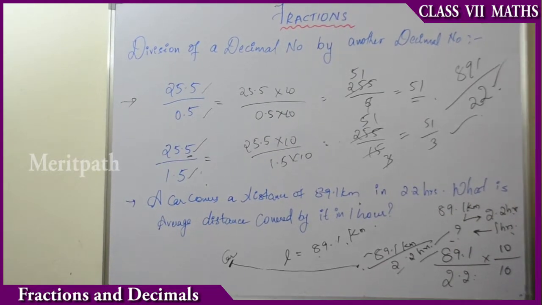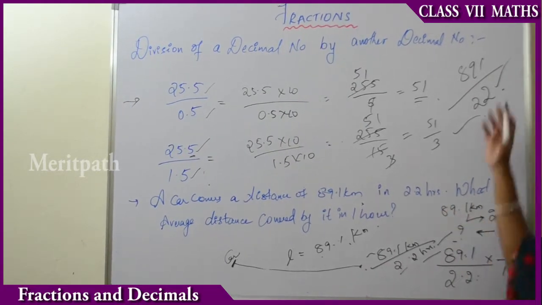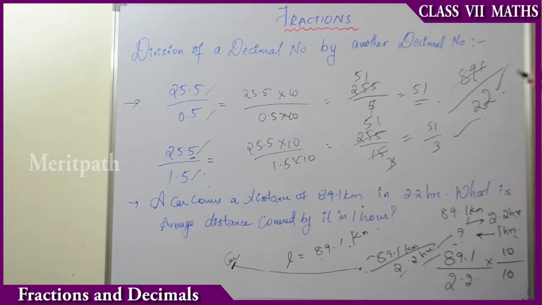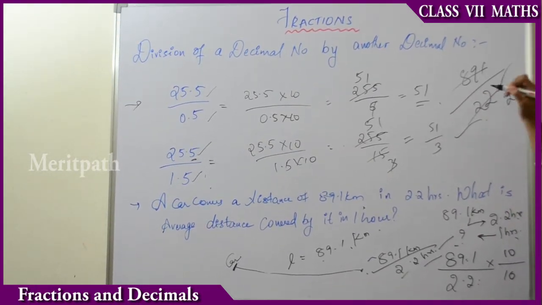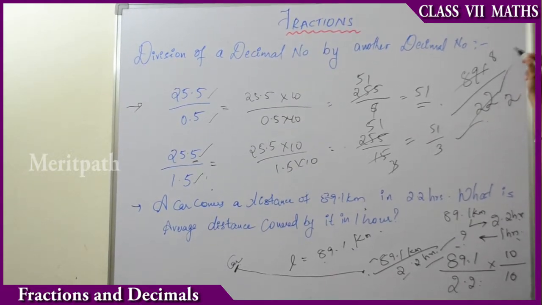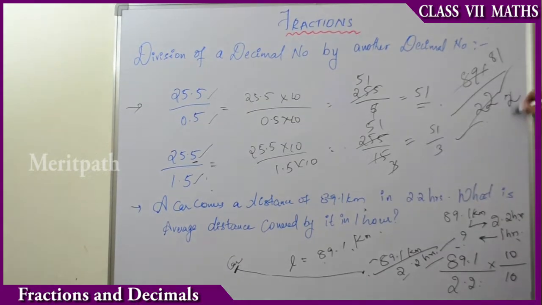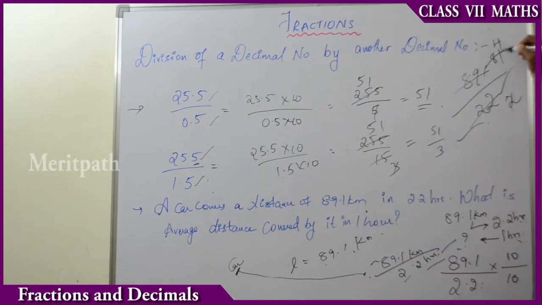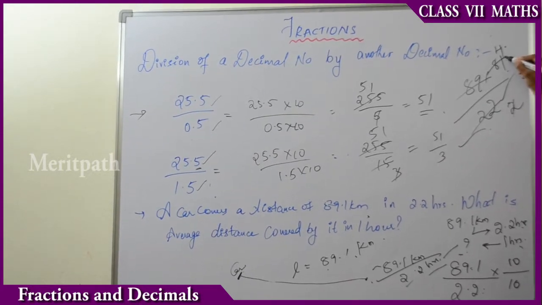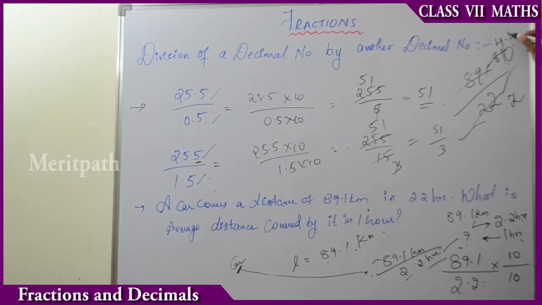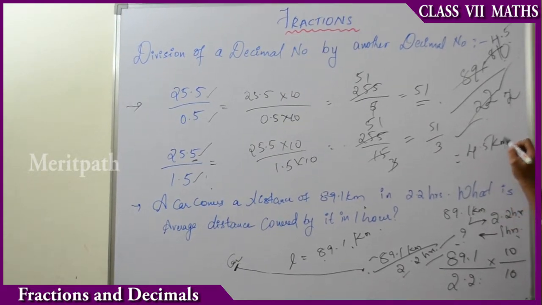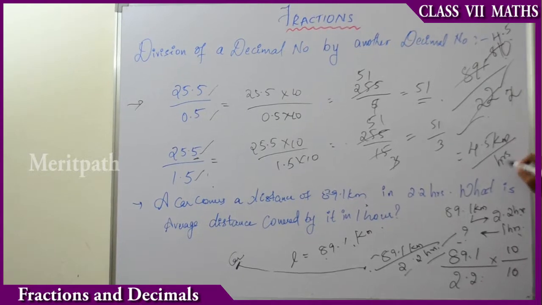Hope you are clear with the division, and this is normal division. What we will be doing: 11 fours are 44, 11 eights are 88 and the remaining one, then 11 ones are 11, 81, and 2 fours are 8 and point, because here there is 1 and we will be taking 0, 2 fives are 10. So we will be getting around 40.5 kilometers per hour as the answer.